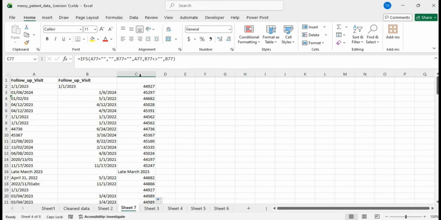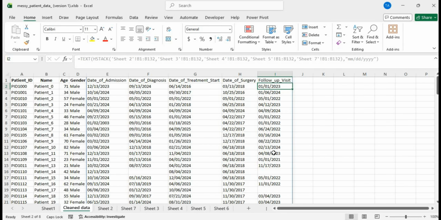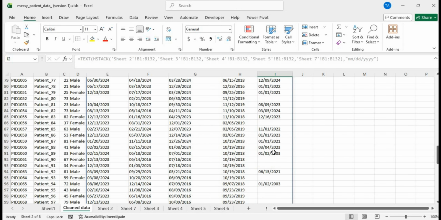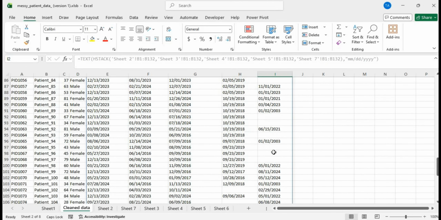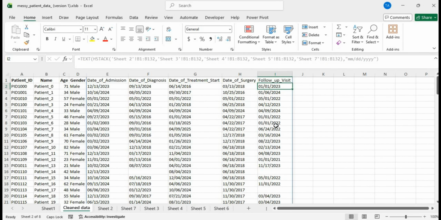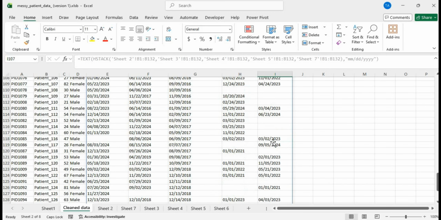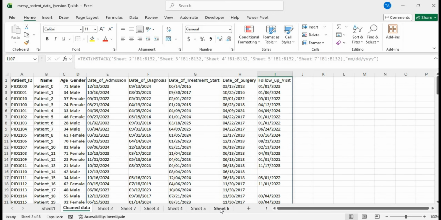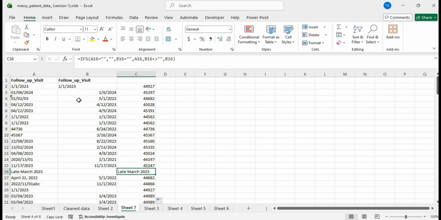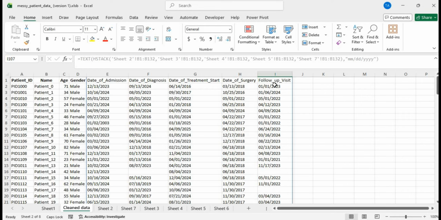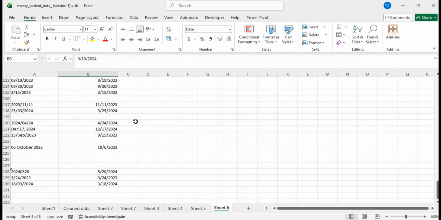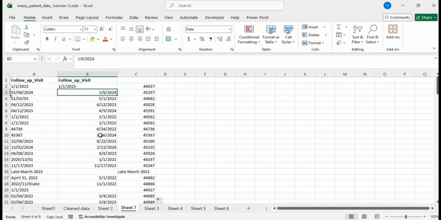Okay, kudos to us. So we have this now, right? And then we already have what we want to return here. So let's check on our clean data. Has it reflected? Let's see. It did not reflect the late March, early June. I think I know why, because we've not actually put it in the column that matters. You know that this clean data is referencing B1 to B132, and what we already have right now that we need is actually in C, so we have